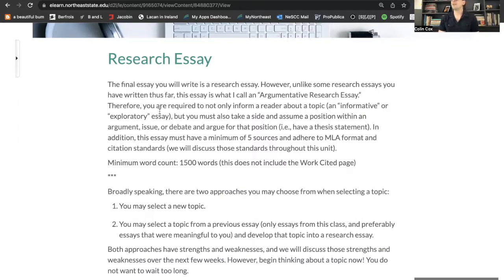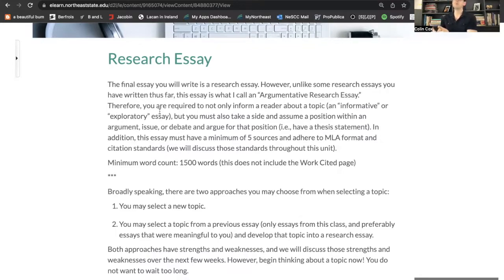Research essays, you can, I suppose, divide them into two categories. There are informative research essays. So think about Wikipedia pages, for example, right? Pick any Wikipedia page about any topic, and you'll probably find a lot of interesting, more often than not, accurate information about a particular topic.